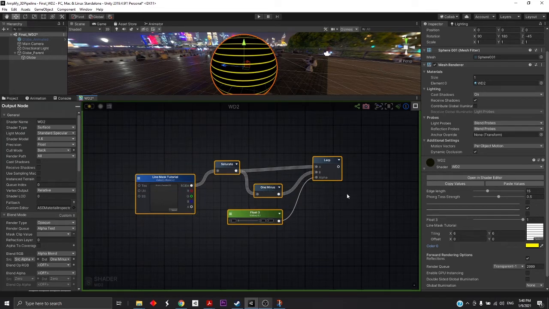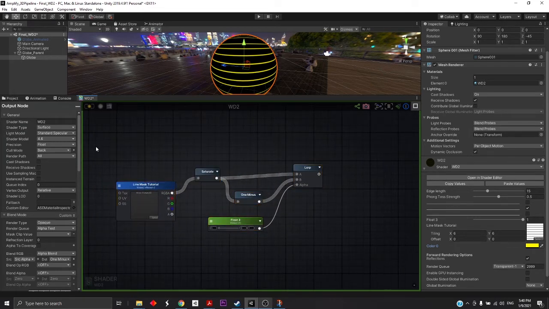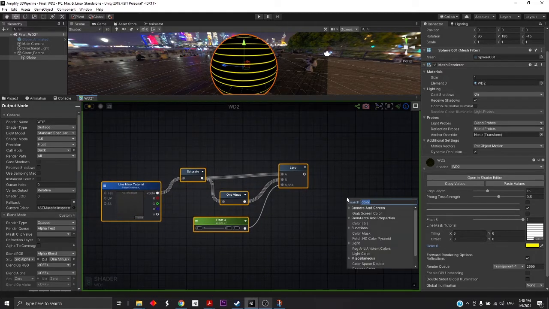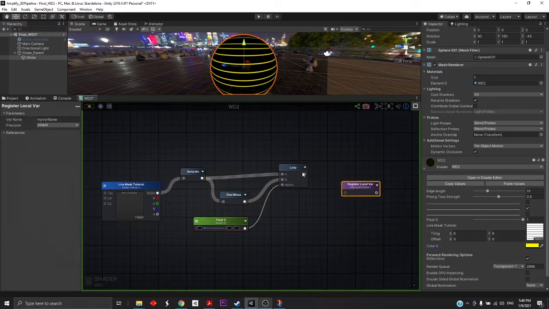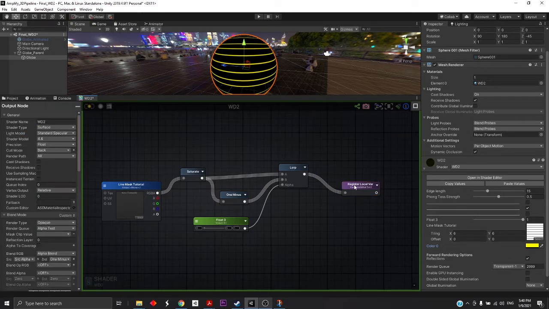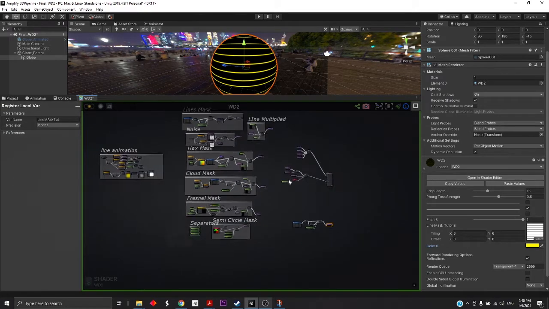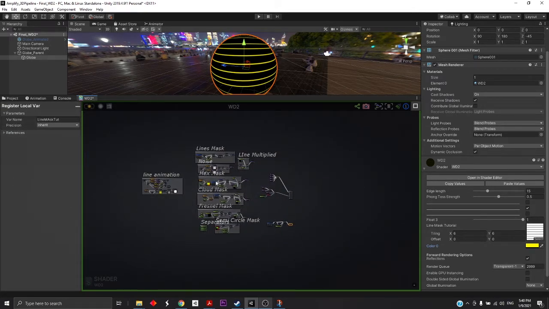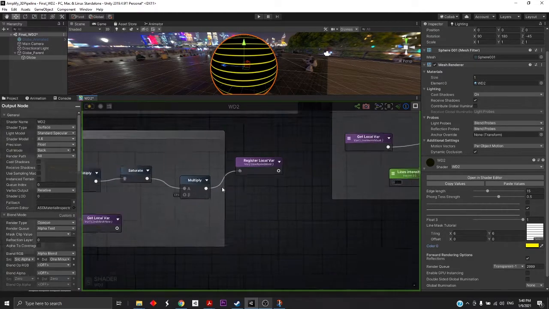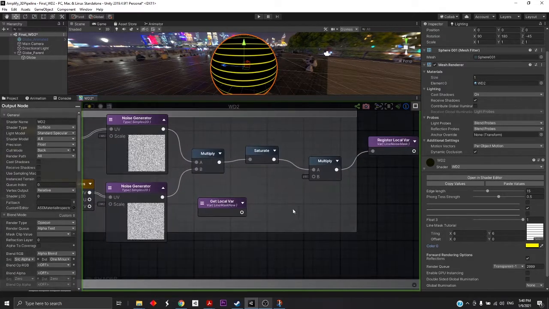And there is a pretty cool thing inside Amplify Shaders. Once we have created our whole mask, we can register it. We can just register this particular mask, and we can rename it like line mask tutorial. And once it is registered, we can call this mask with just one node anywhere in this graph. Suppose if we need the line mask over here, what I will do,